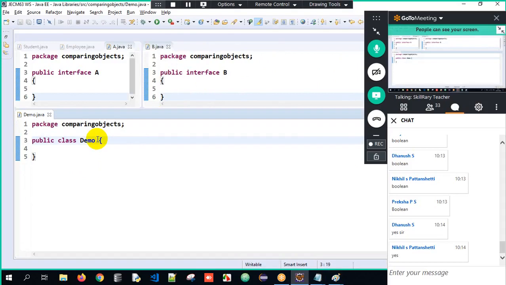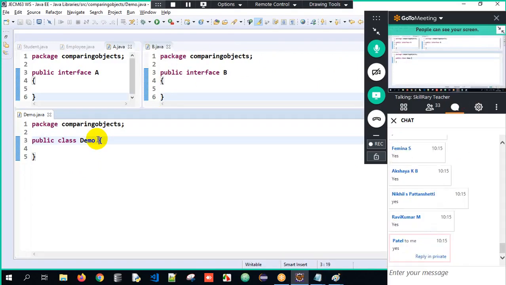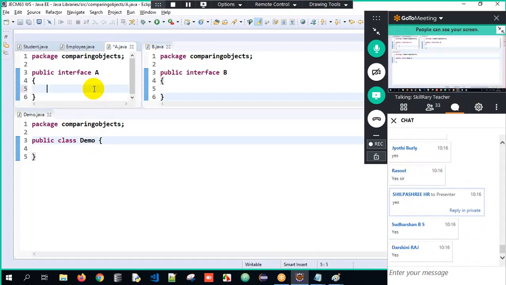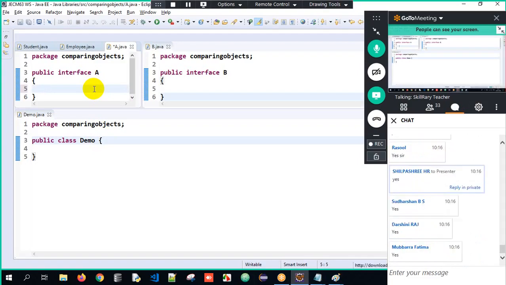Yes or no? Only two answers. Can a class implement multiple interfaces? Yes or no? Very good. So a class can implement any number of interfaces. You are absolutely right.